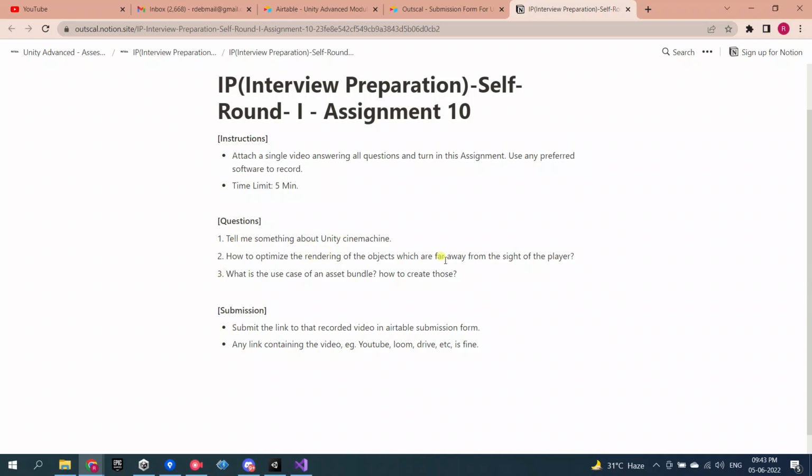How to optimize the rendering of the objects which are far away from the side of the player. So yes, this is a good question because you can actually reduce the memory that your CPU and GPU requires to render so many objects in your scene. Okay,